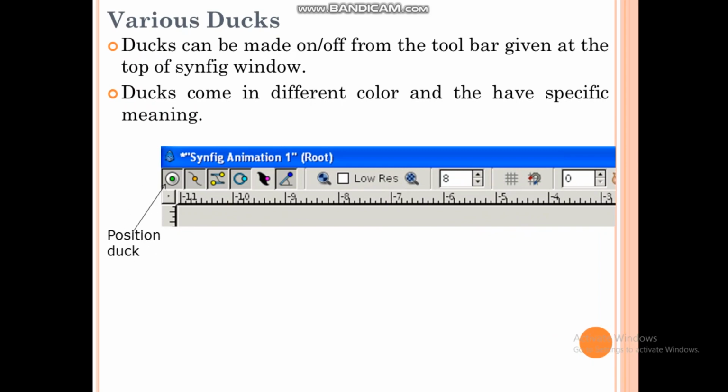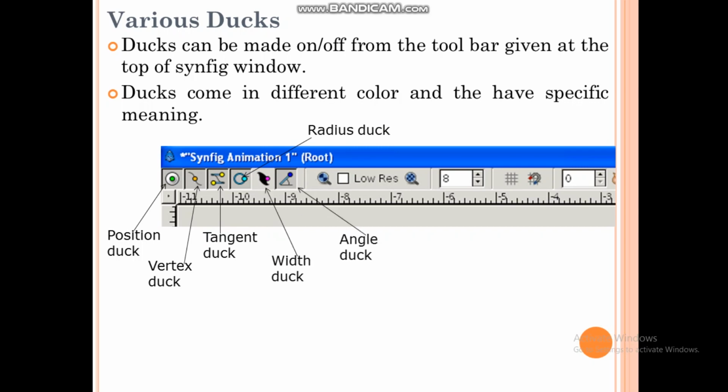This is position duck. Then the next is vertex duck. At the right side of vertex duck it is tangent duck. Then radius duck is given. You can see width duck, and the last one is angle duck. So all these are the ducks.